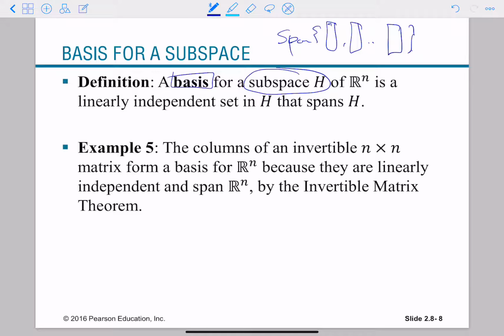Okay, and then those vectors, if we can find these vectors, then these vectors are called a basis of the subspace. But in order to call these vectors a basis, there is one additional condition to satisfy, which is that we do not allow redundancies. Okay, so what I mean by that is